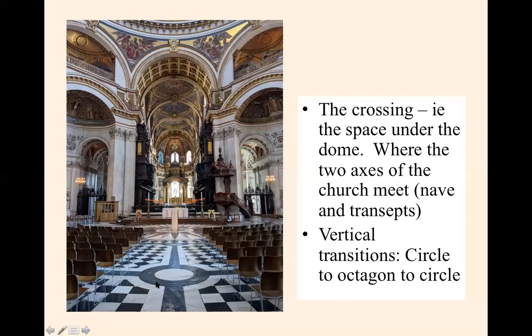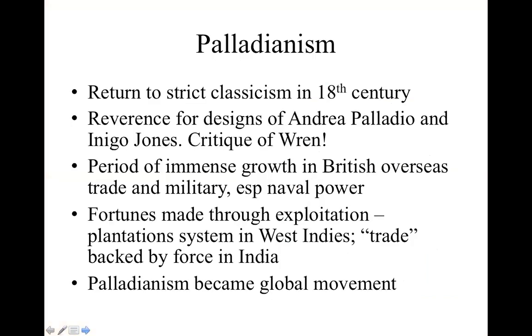Wren, the mathematician, of course, we get this very sort of interesting way he transitions from the circular floor to an octagon, up to a circle again. Very, very complex geometries going on here. And then in the 18th century, already actually in Wren's lifetime, there's a reaction against all this. We go back to Palladio, to Palladianism. And Inigo Jones becomes fashionable again. Strict classicism, time of great growth in British power,